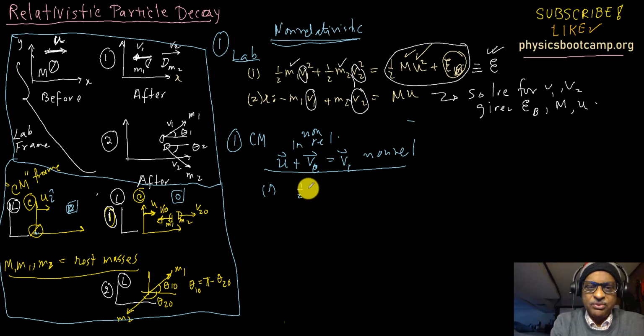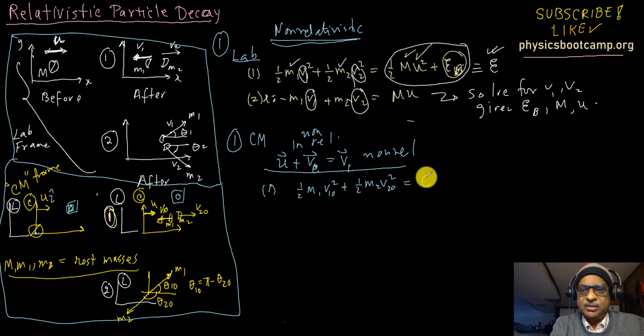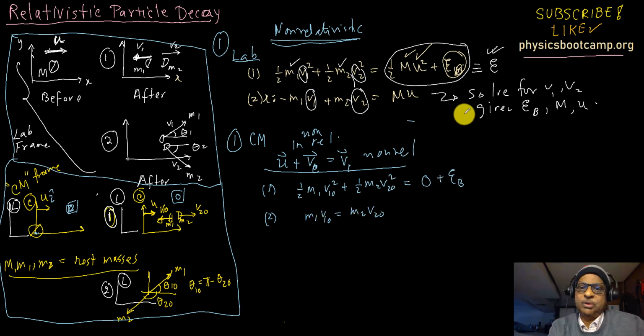So we have half m1 v10 square plus half m2 v20 square equals 0 plus binding energy. So you just need binding energy here. And for momentum, it is 0 here, so it's going to be the same here. So m1 v10 will be m2 v20. So right away we can see quite a simplification because of this here,